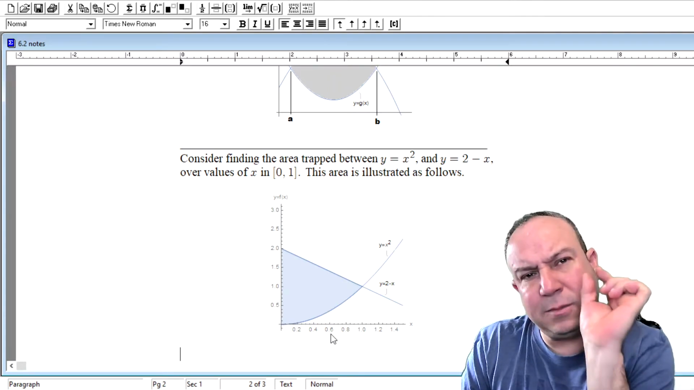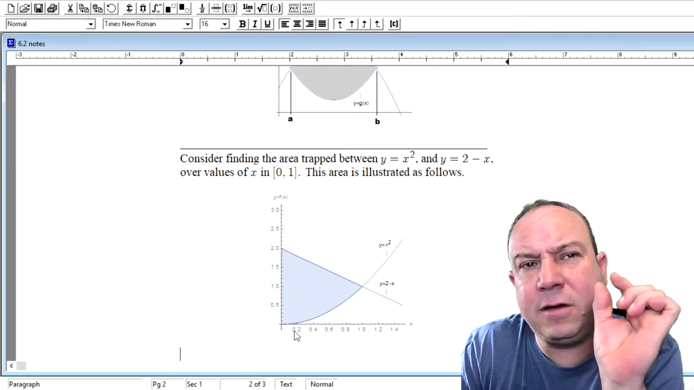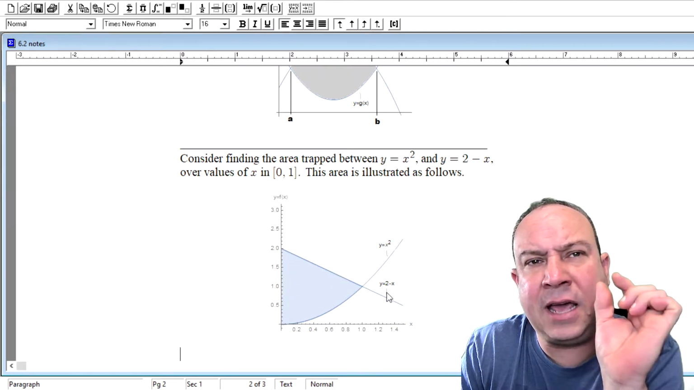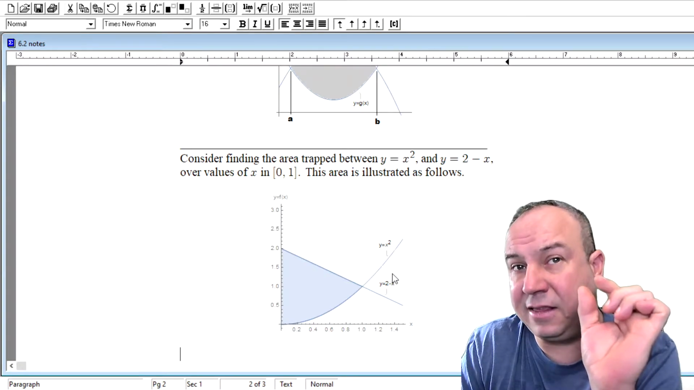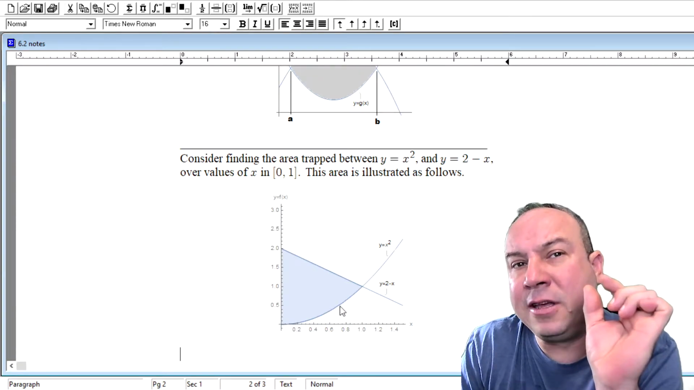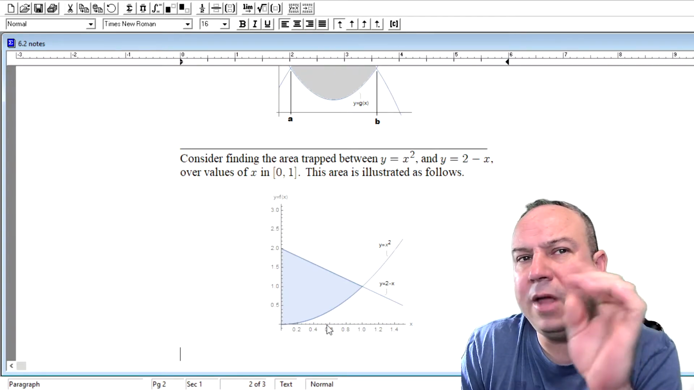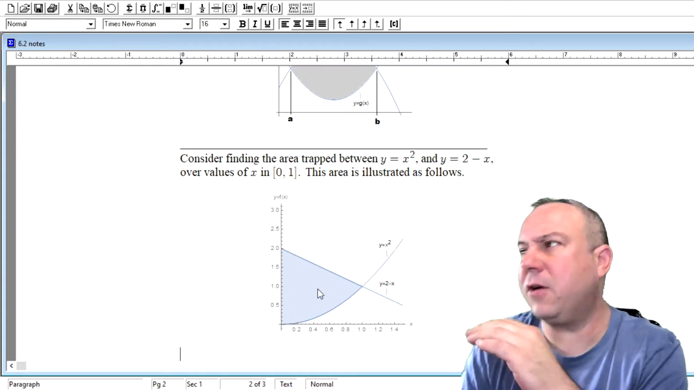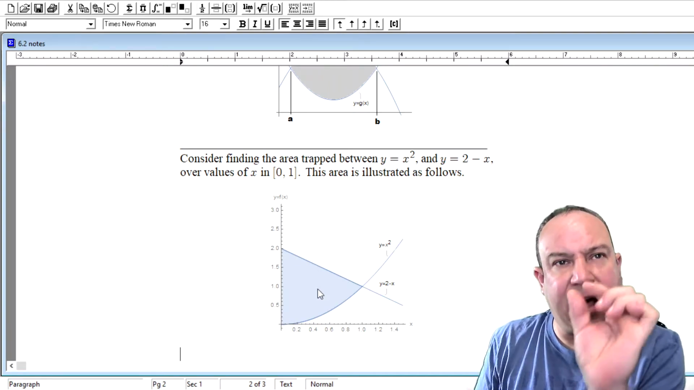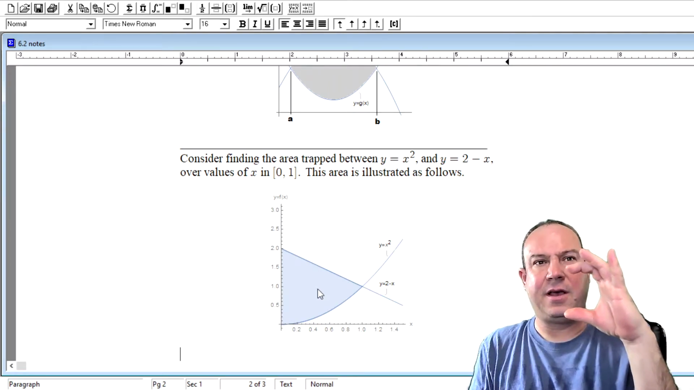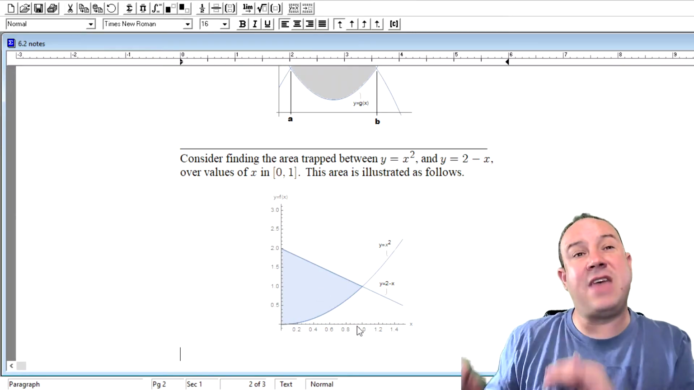And that infinitesimally small or thin line of space occurs at every single value of x from 0 to 1 and has a different length depending upon the upper bound on that length given by 2 minus x and the lower bound on that length given by x squared. And what we have to do to figure out the total area is add up all those infinitely small lengths of vertical space. And we do that across this entire region from 0 to 1,